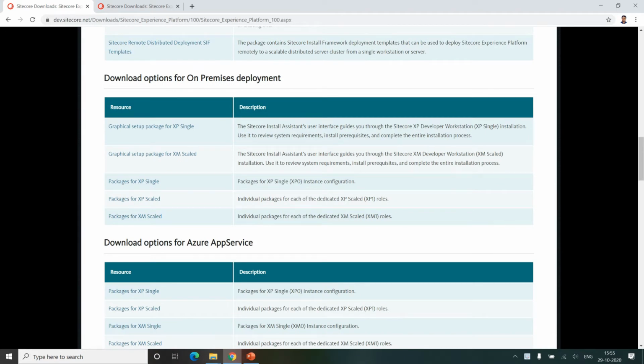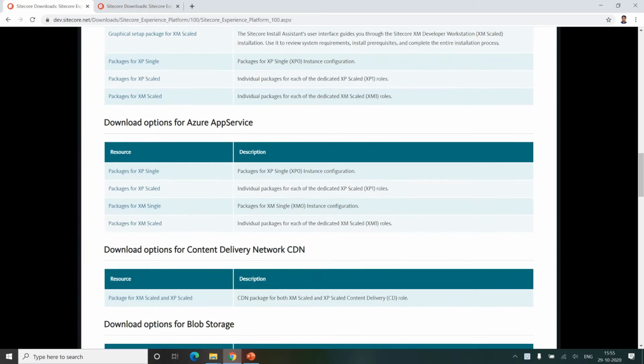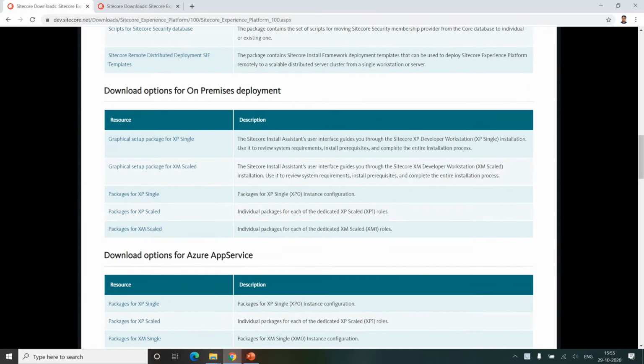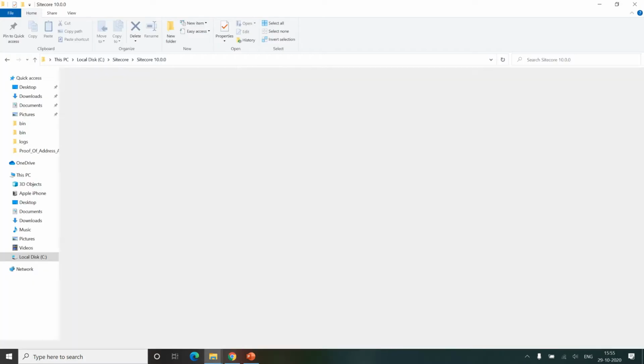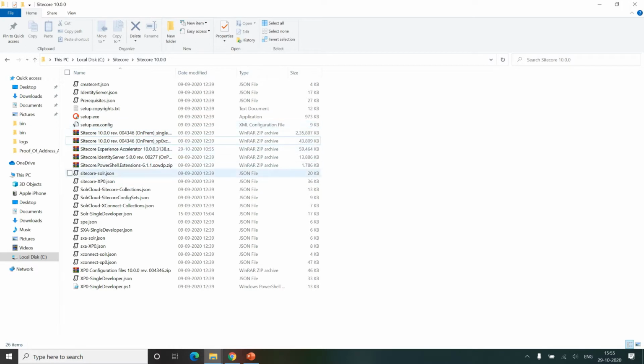For this installation, I require the graphical package XP single for my local environment. I have already downloaded this package and unzipped it into one folder. So these are all the files.